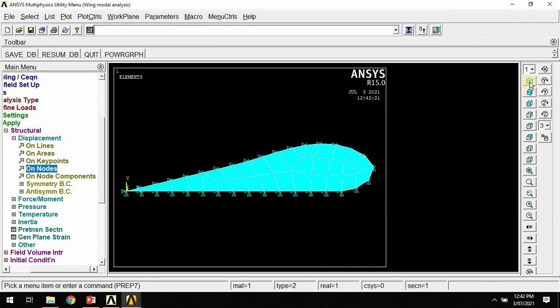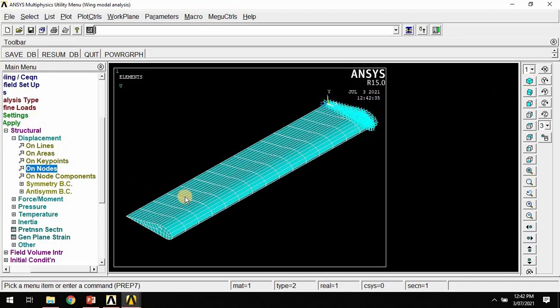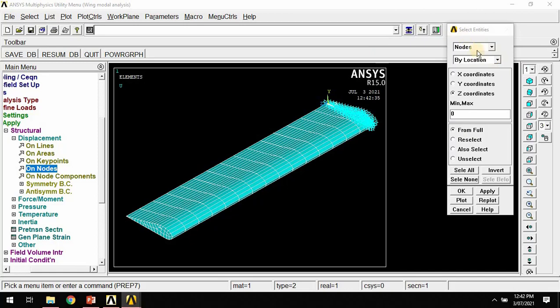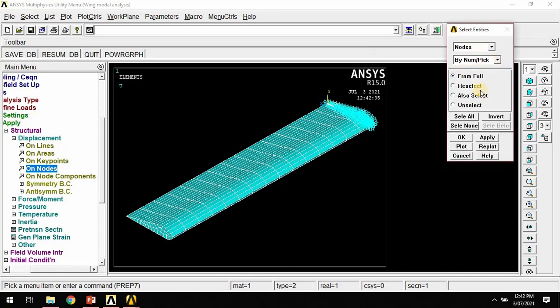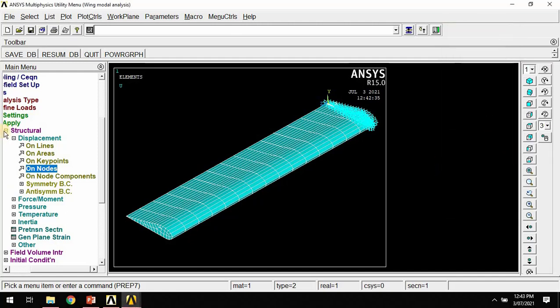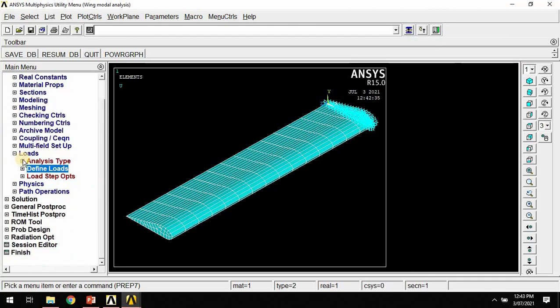Okay, so see here isometric view, this is a fixed point. Click on raise hidden, and here again nodes by number pick, reselect, and select all, then cancel. So load and all procedure are done now.